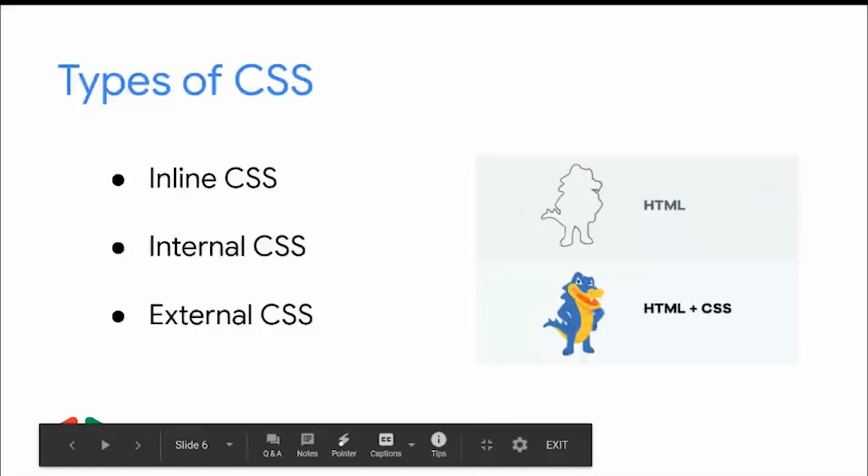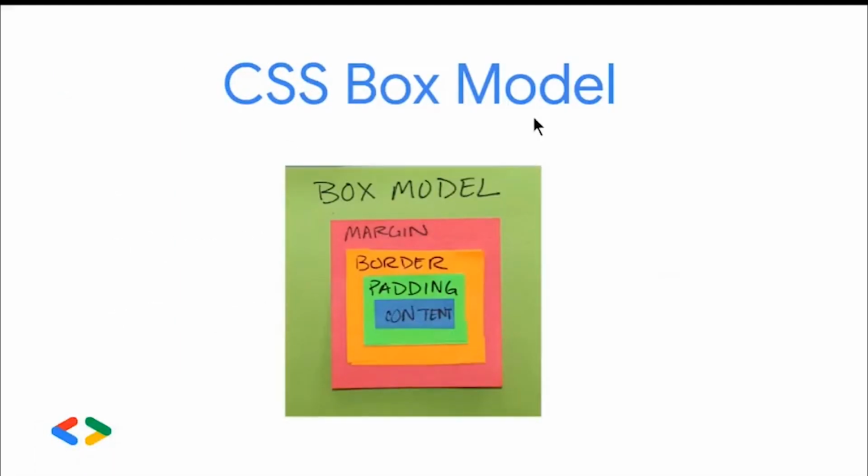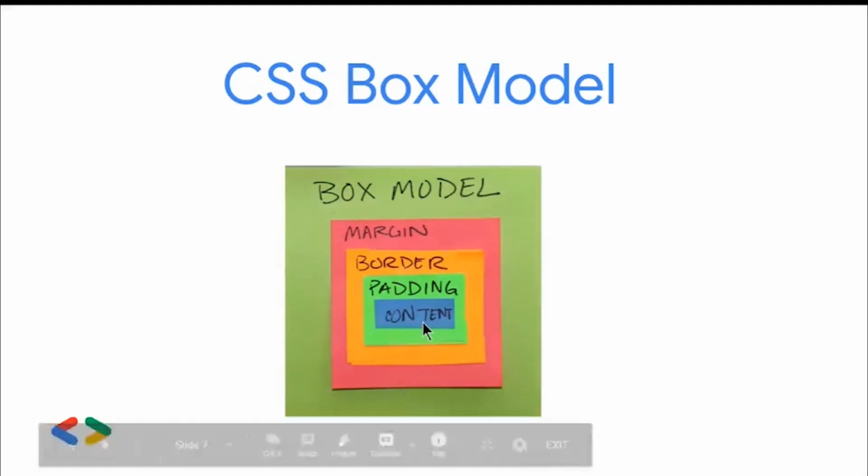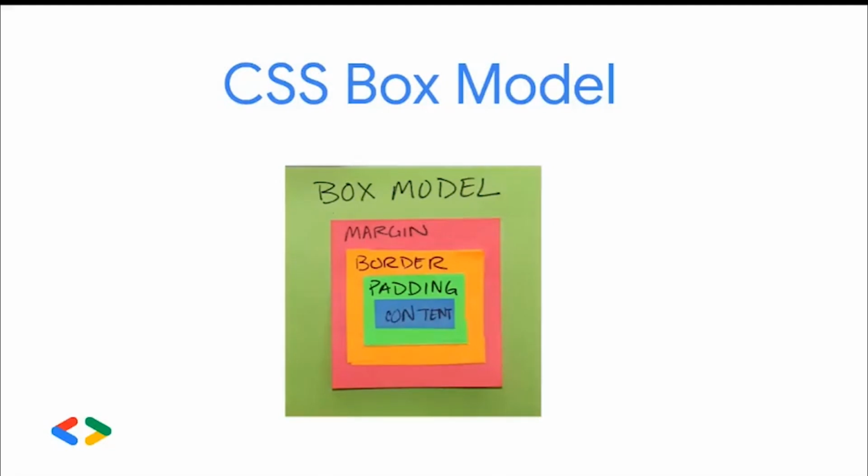Next, the first most important and basic concept of CSS is the CSS box model. Every CSS developer should know this box model. Consider this blue sheet which says content. This content is nothing but your HTML elements, like your paragraph tags, header tags, or any other tags. And this green card is your padding. If you give padding to your HTML tag, it comes around your content, which is your paragraph or header tags or any other HTML tags.